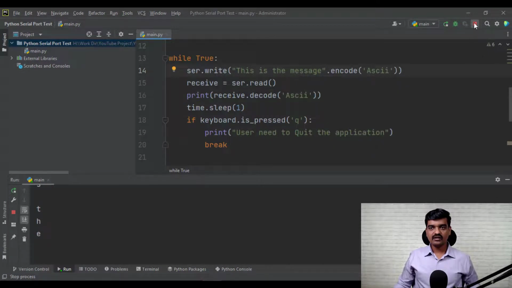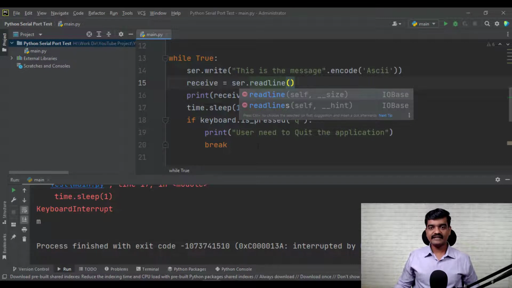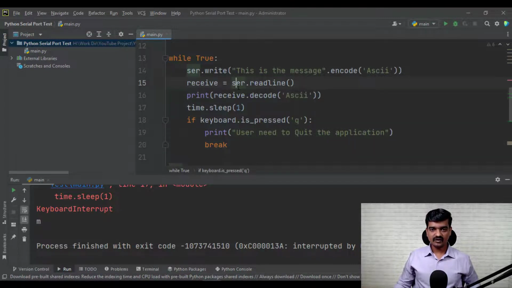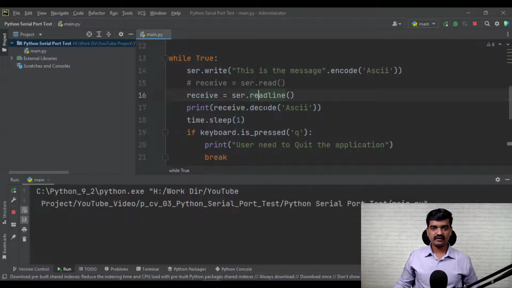Perfect. So to read a complete line, we have this function called readline. So let's keep this as it is here. Let's comment it out. And now it is going to read the complete line, right? It has read the complete line. This is the message. But what is happening is that it is waiting for 1 second, and then again it transmits